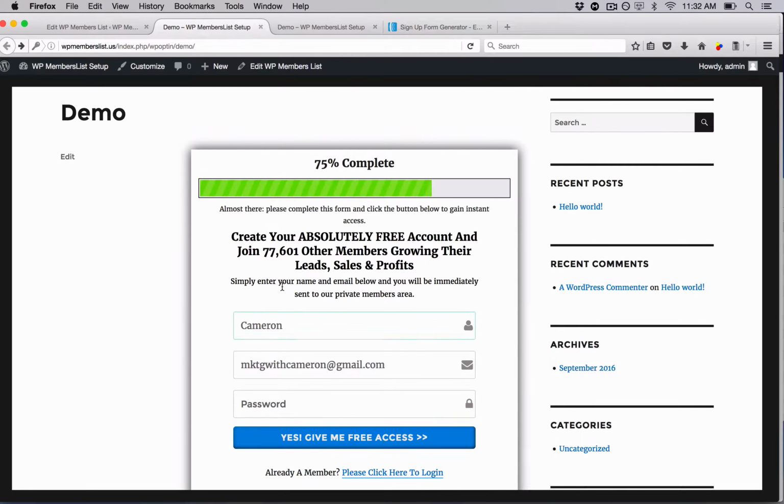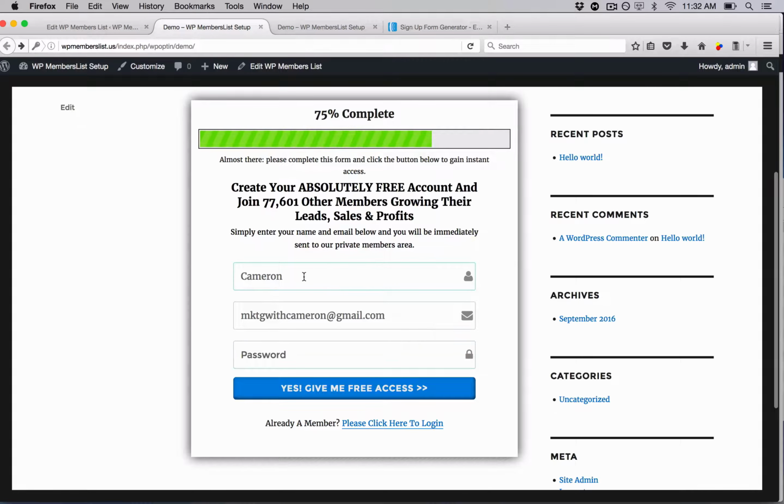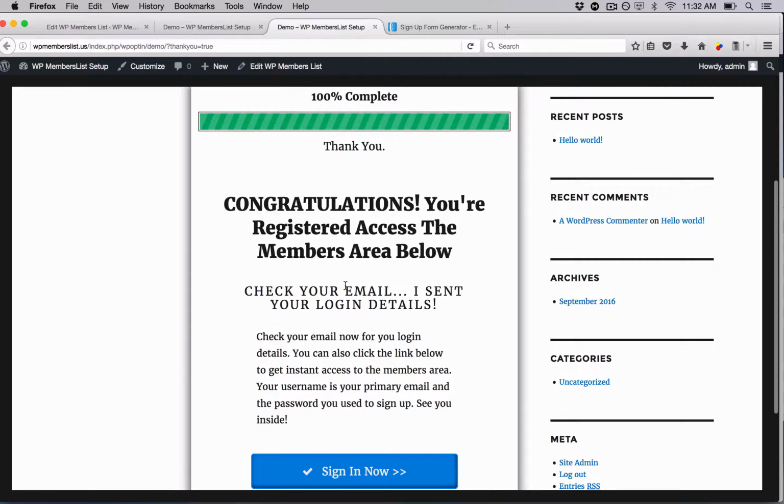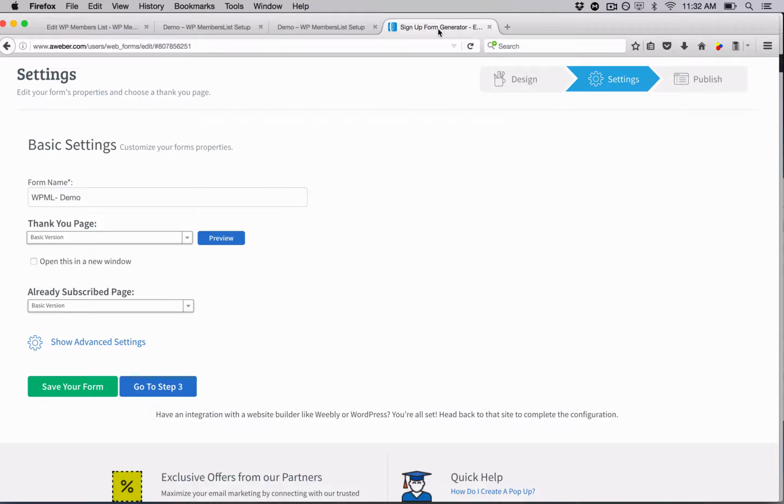So once somebody registers, or if they're not seeing this page, like if this is embedded into a post, once they complete this form, WP MembersList is going to automatically, every single time, send them to this thank you for signing up. Your registration is complete. All right, every single time it's going to happen. So technically it does not matter what you put in here, but just to be safe, what I like to put